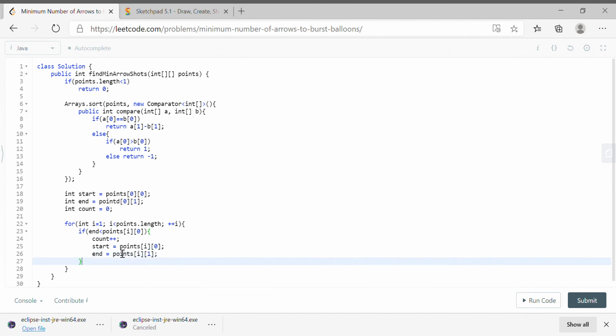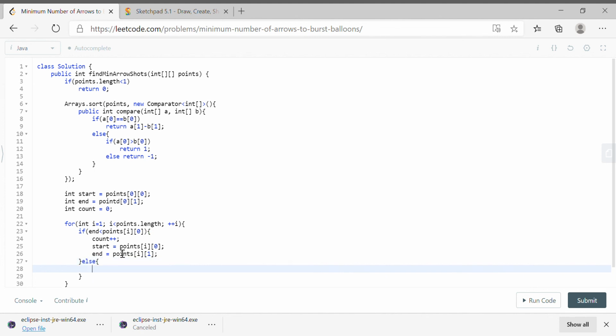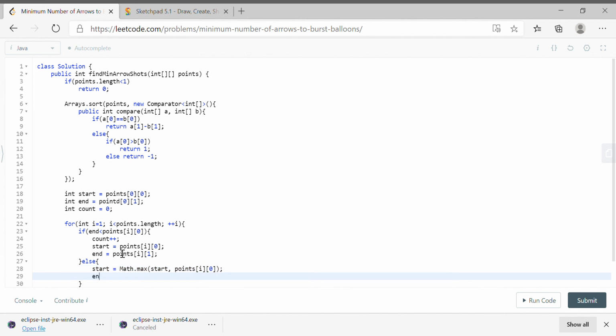Fine. Else it means there is an intersection, and for that start is equal to Math.max of start comma points of i comma 0, end is equal to Math.min of end comma points of i comma 1.